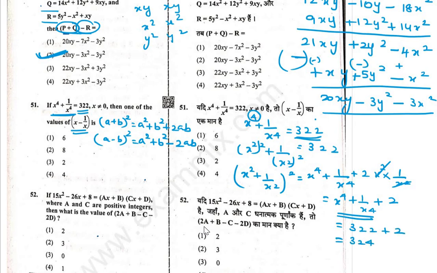So using the factorize method, we can find the square root of this number, that is 18 into 18, 18 squared. So x squared plus 1 by x squared, the whole squared, is 18 squared. Therefore x squared plus 1 by x squared, cancel the square, both sides we are taking the square root, equal to 18. So we reduced power 4 to power 2. So again we have to find x minus 1 by x.